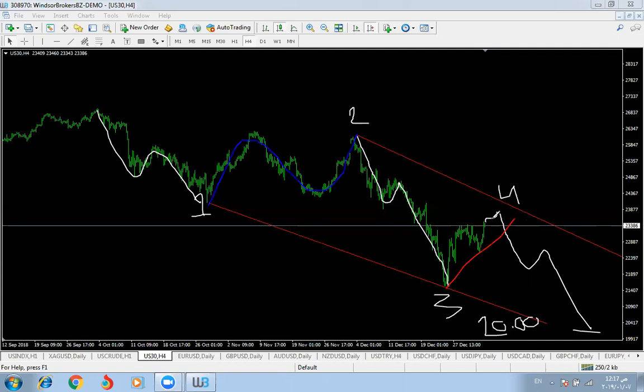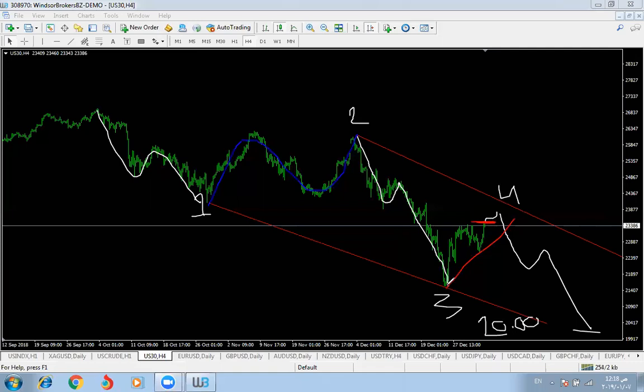So we have to show some patience right there and wait for the price to start going to the downside before we enter our short. If you want to go buy right there, you have to be very careful and use a very tight stop loss for your orders, because